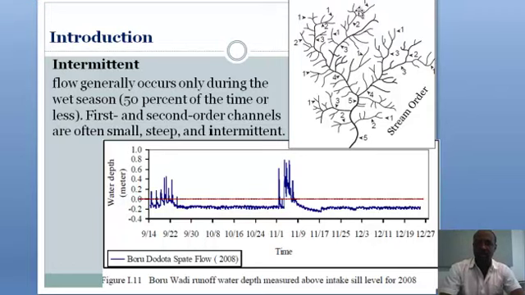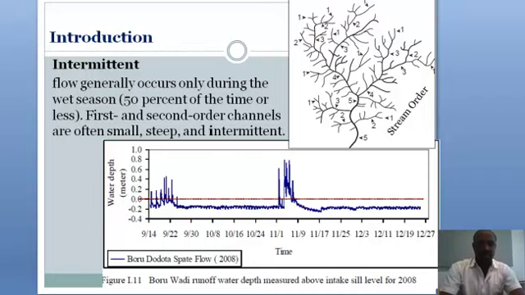Rivers actually, when they start and make runoff and then join each other from time to time, finally make up the bigger section of the river. Any order which starts initially and joins another one, we call the first order, and then first orders join and make second order, and likewise finally build up the main trees or the main section of the river. So all the first and second order rivers are basically intermittent mostly.